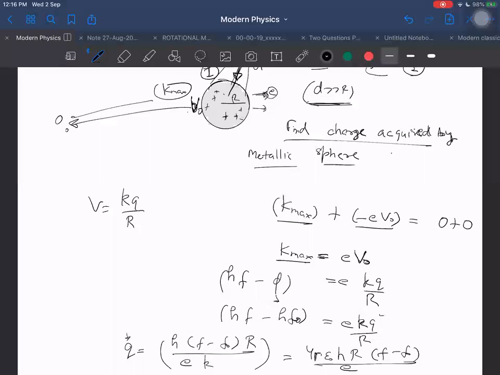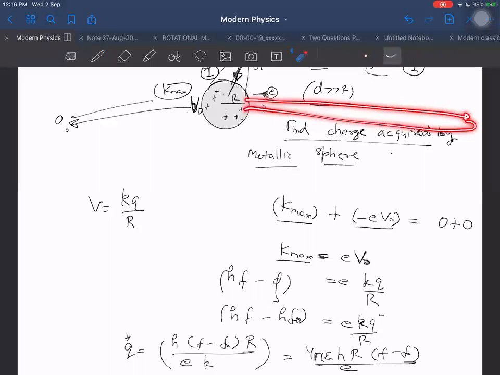In IIT, once they asked this question, after what time the photoelectric emission stops, I don't agree with the answer given by them, because photoelectric emission, according to me, never stops. Even after attaining the stopping potential, can we say photoelectric emission stops? No, because still the electrons are getting emitted. In fact, they still have enough capability to go almost to infinity, and only from there will they return back. Because the condition we are using is that the maximum kinetic energy of the electron will become zero only at infinity. It means they still can go to a very large distance away, and only from there will they return back. So how can we say that the photoelectric emission stops?